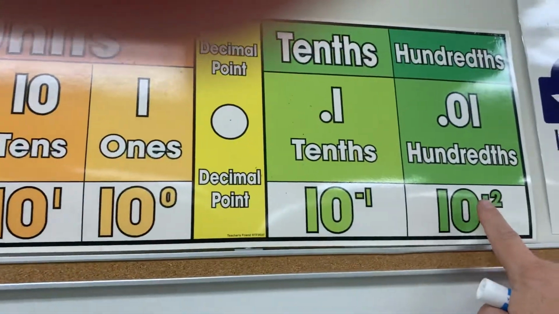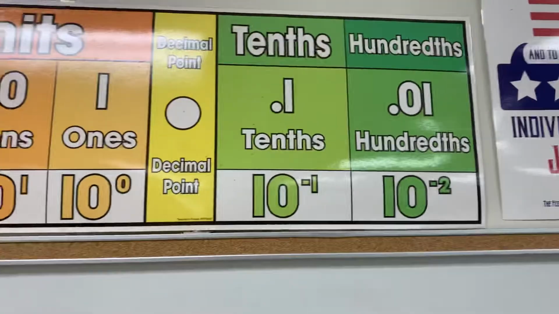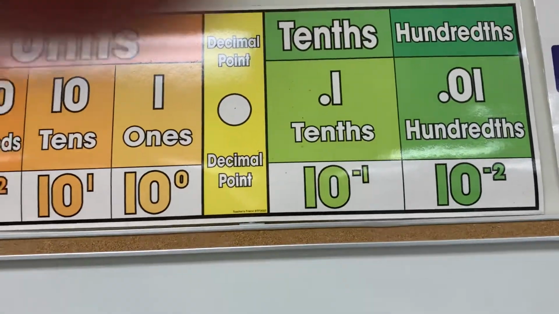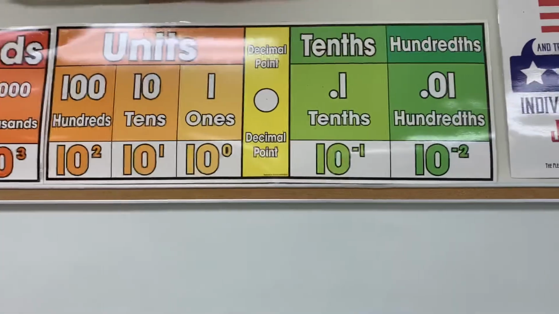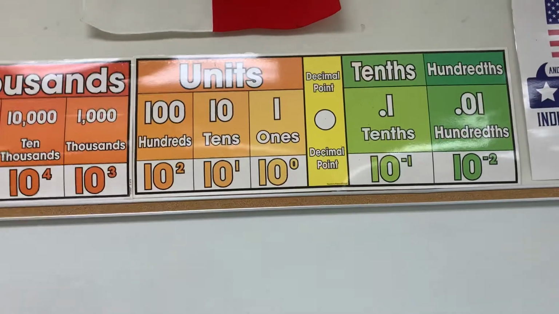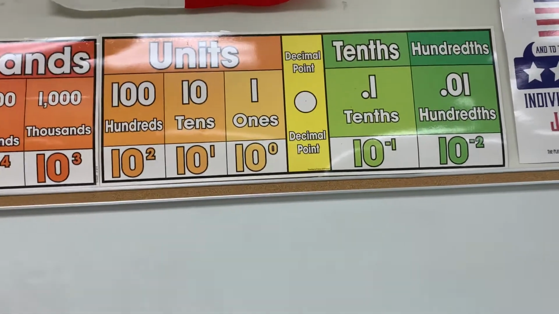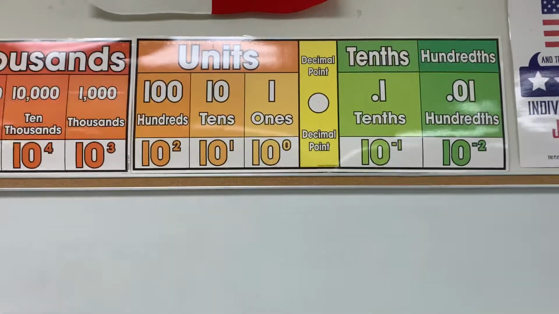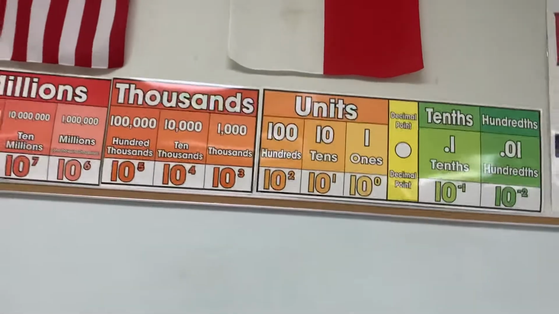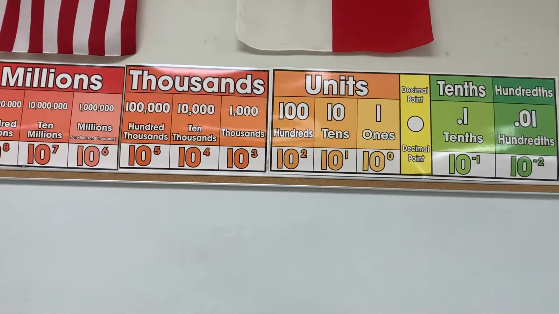And then we went to the hundredths. The hundredths. Notice there's a TH-S at the end of it. Okay? And those are the two place values that you have to know as a fourth grader, tenths and hundredths. Okay? And we learned about those earlier in the year, and we're going to look at them a little more